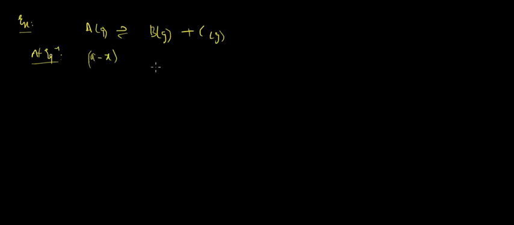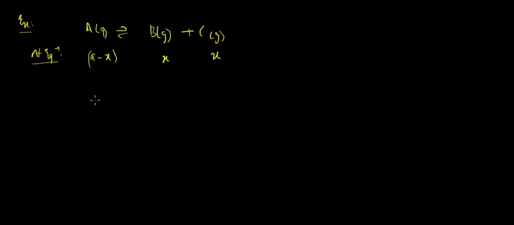Okay, hi guys. So in this lecture, we'll be taking on some examples of simultaneous equilibrium. So let's get started. Suppose we have a first equilibrium as A gaseous converting itself into B gaseous plus C gaseous. Let me write out the final equilibrium state only. Final equilibrium, let's say it has A minus X moles, A obviously being the initial moles of A gaseous, and at equilibrium we will have X moles of B and